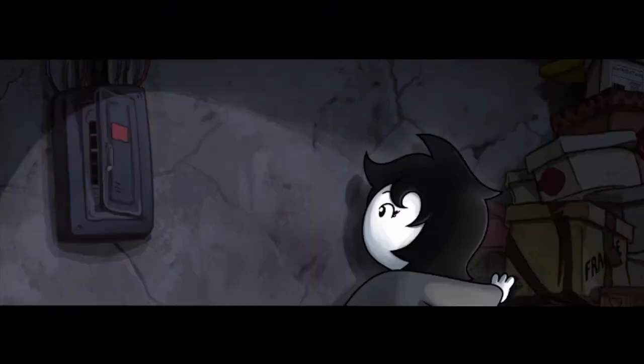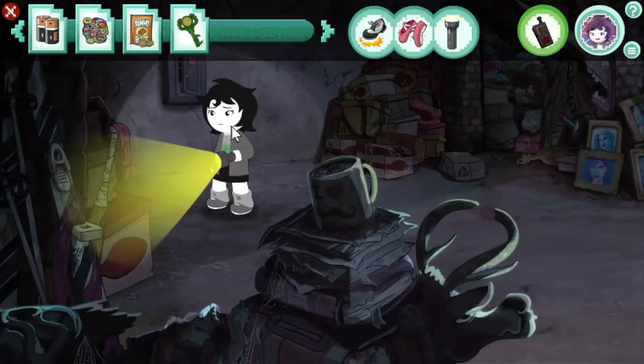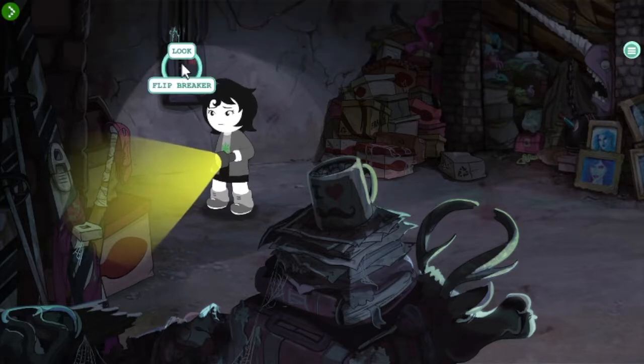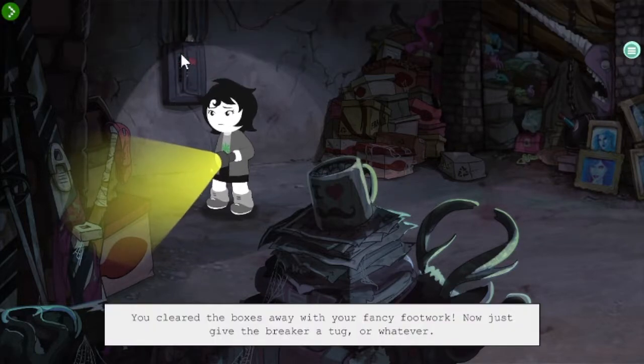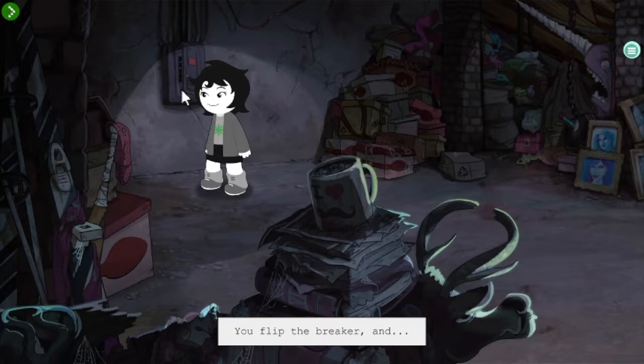Oh no! Oh, I got it. Okay. We have successfully freed the circuit breaker. You cleared the boxes away with your fancy footwork. Now just give the breaker a tug or whatever. Flip the breaker. You flip the breaker and...